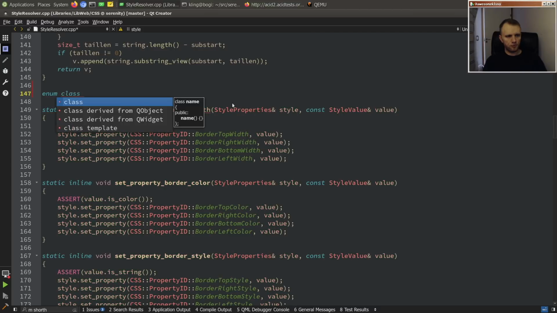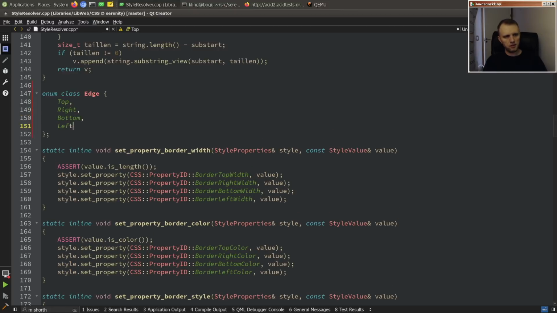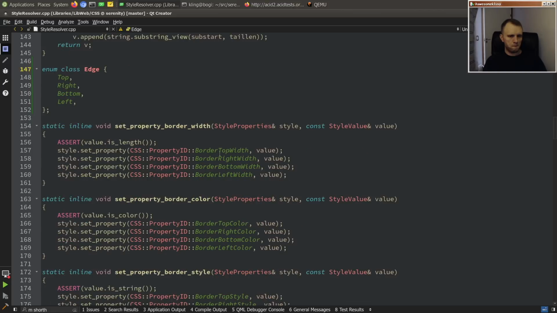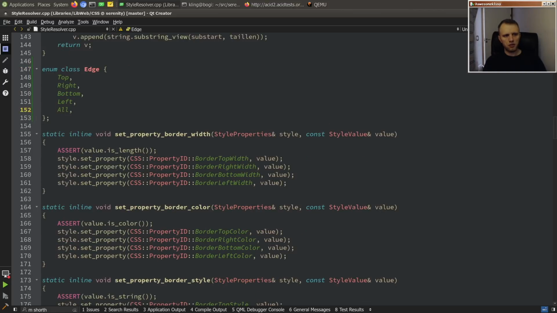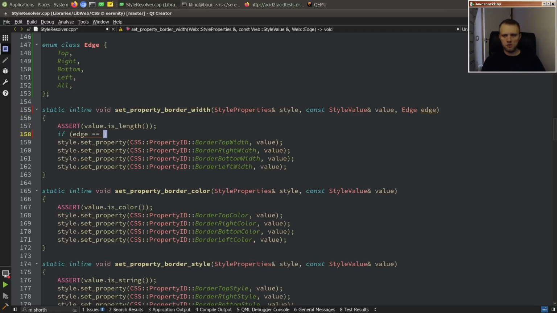So edge: top, right, bottom, left. Or the magical all edges. Okay, and then we can have something here like edge. Okay, so if edge is,